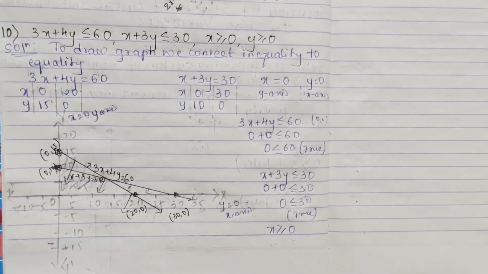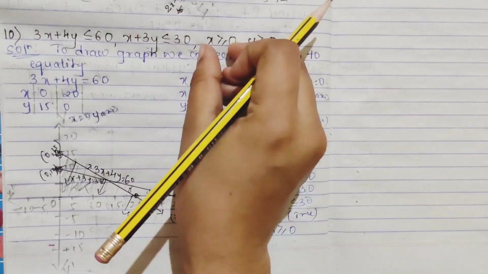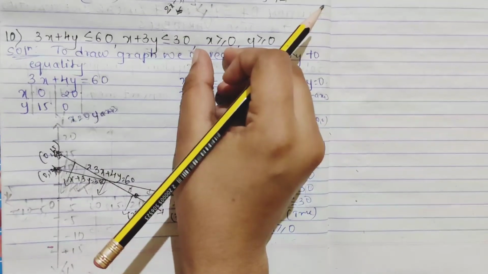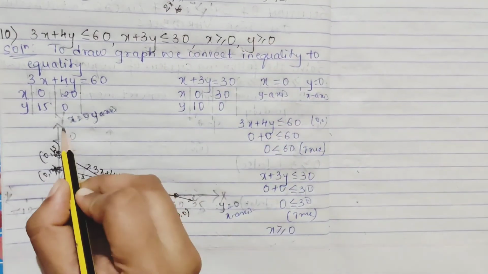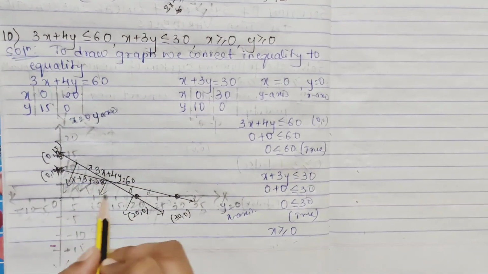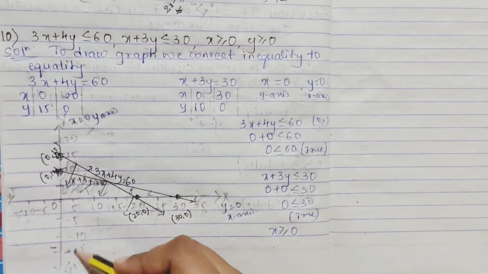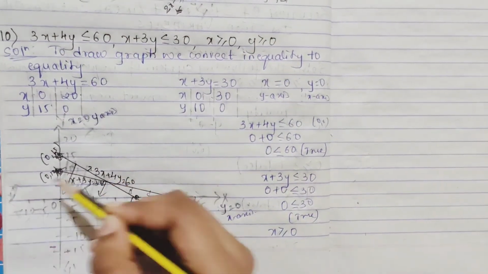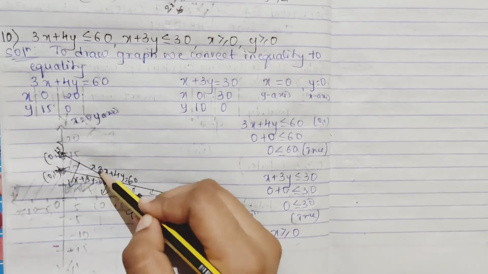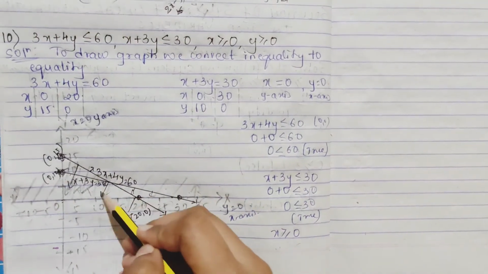So for this part, the positive side you see. From this you can consider x greater than 0 means x is positive. Now x is positive means what? This section, right? So you'll get the feasible region for this here. Y is positive, y is negative is this part. Positive means here. This section is positive for y. So you'll get the feasible region for y greater than or equal to 0, and x greater than or equal to 0.